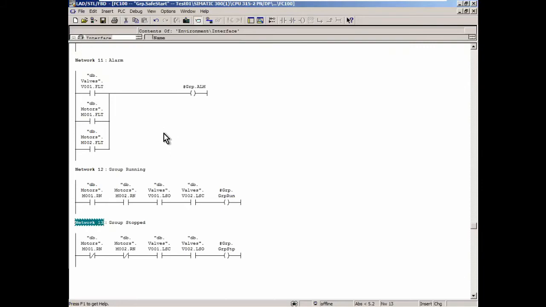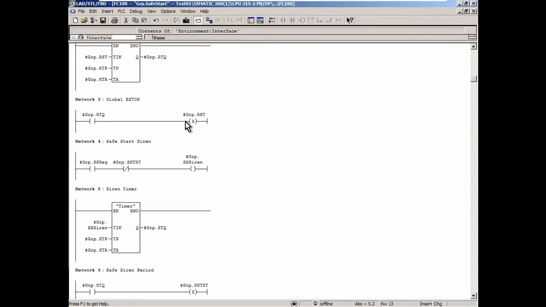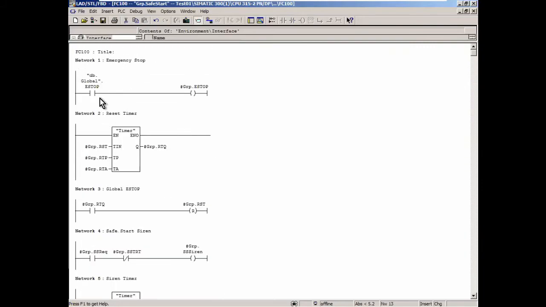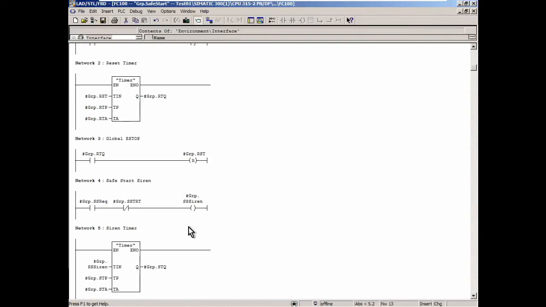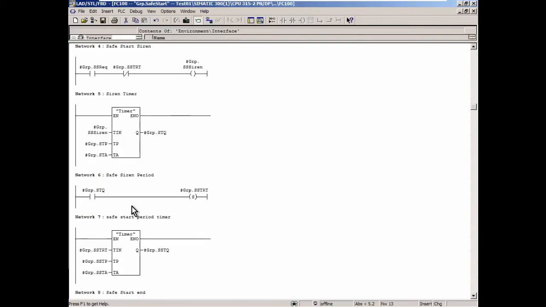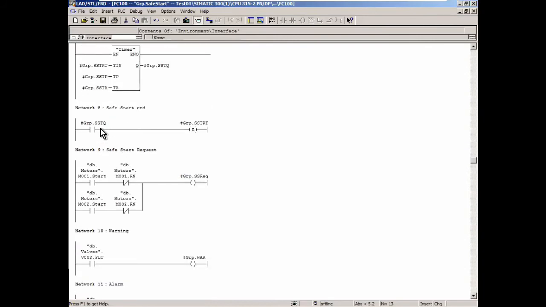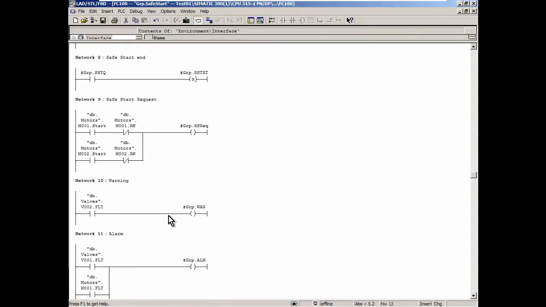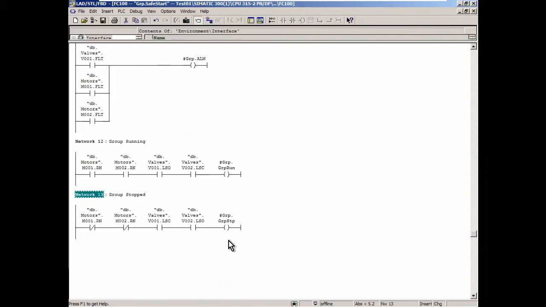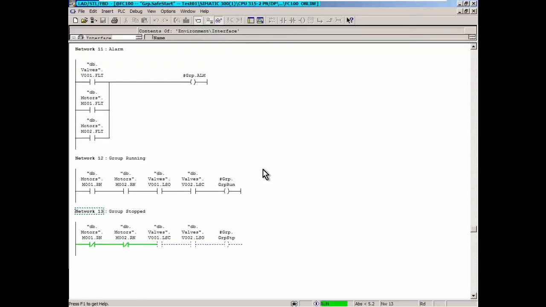Right, so there we have completed our safe starts function. We have the e-stop, the reset timer, the safe start siren, the safe start period, and then we have the safe start request, the warning, the alarm, the group run, and the group stop. And we just save that and we download it. If I just literally run it,